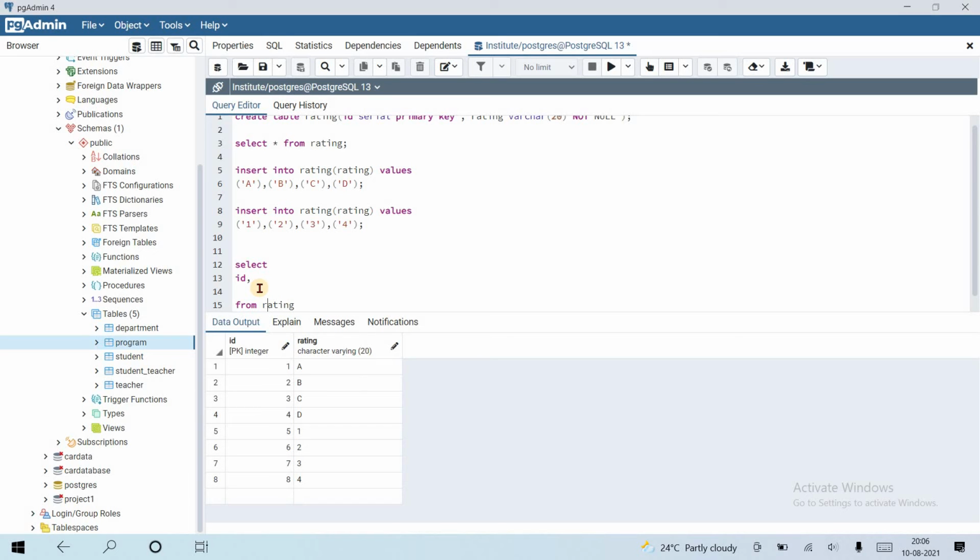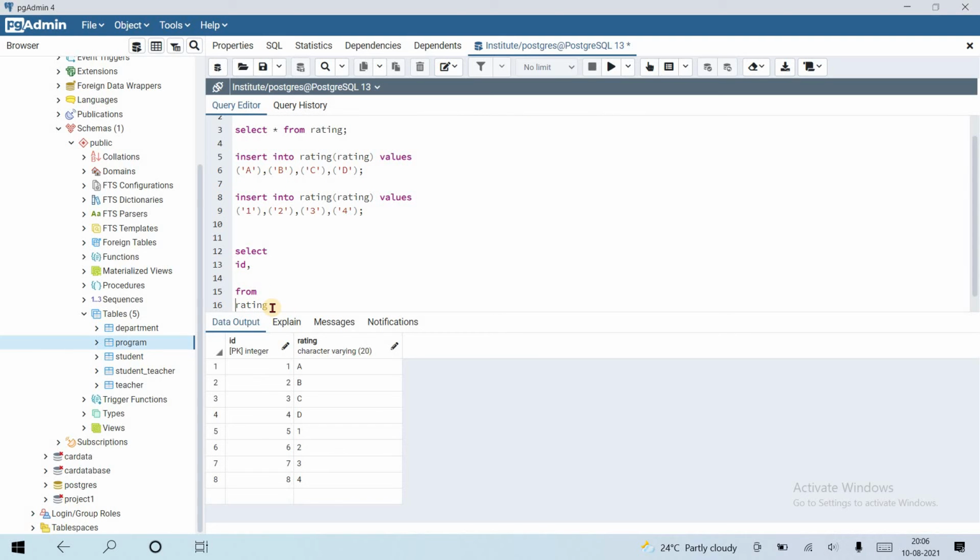And for this rating, let's write one case. We are going to discuss this section further in brief. For now, I'm going to give an idea of how we can convert all the data types.